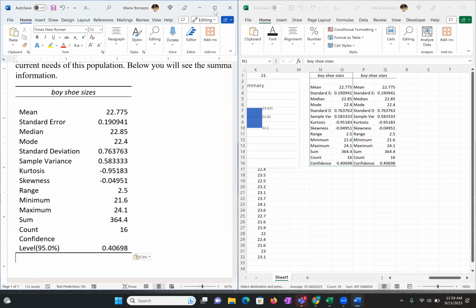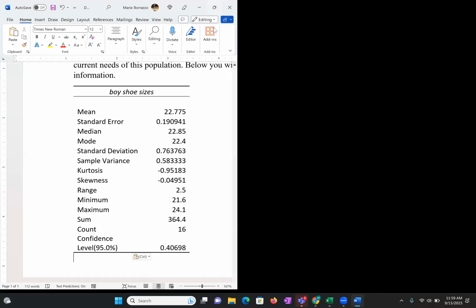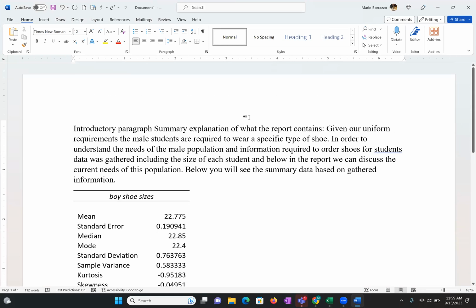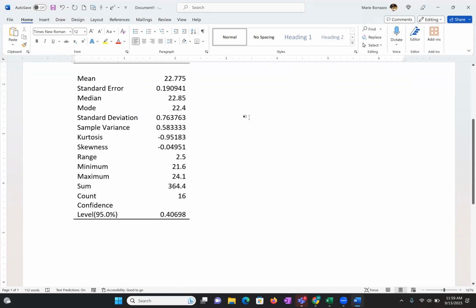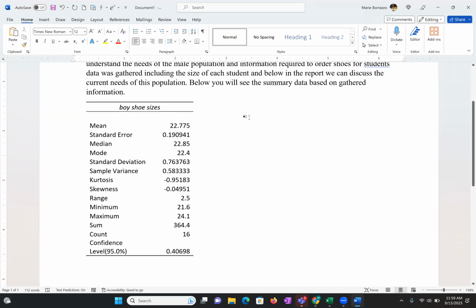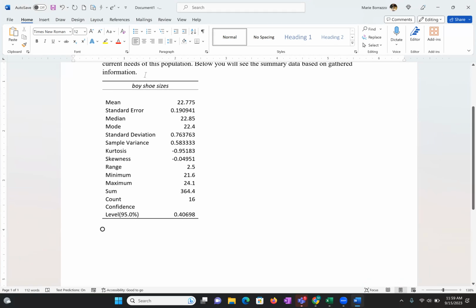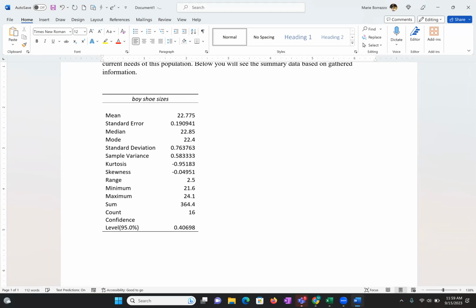So you are in essence saying, look, this is what I needed. This is my data. So now we're going to discuss the data. And you want to label the data, by the way. This is maybe call it table 1. And we can refer to the table as we discuss this. And now you're going to talk about,